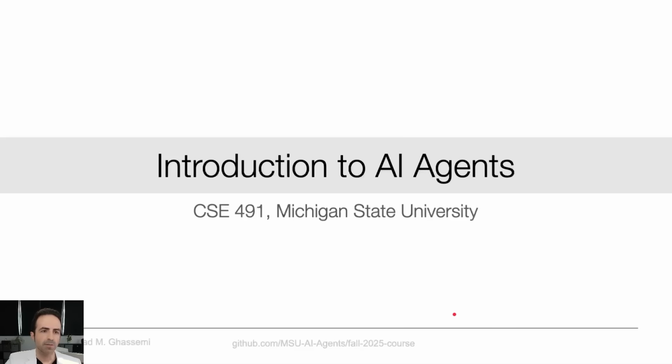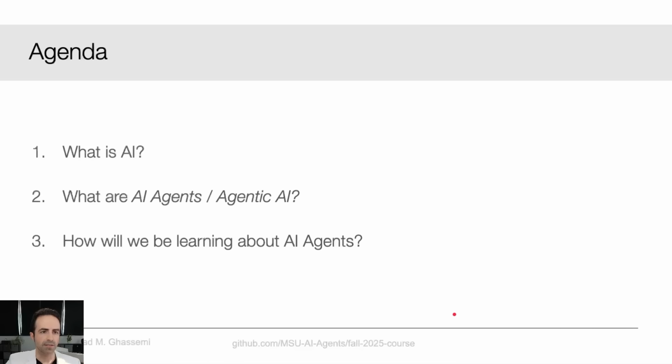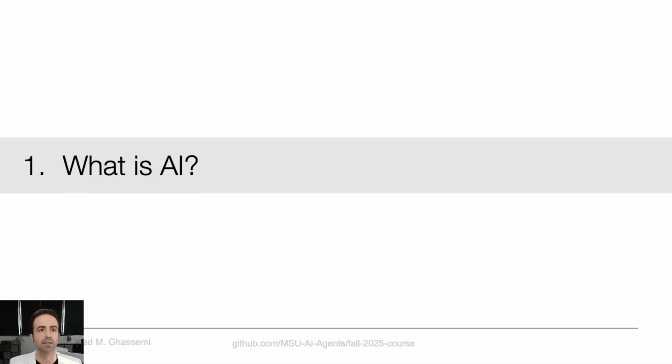Okay, everybody, let's jump straight into the first lecture of this semester on AI agents. We're going to be covering three topics today. The first is we want to define what AI is. That's going to be pretty important, right, if we want to do the second point in this lecture about what an AI agent is and how that's similar and different from agentic AI. Lastly, we're going to be covering the specific approach that we'll be using in this class to learn about AI agents and why we'll be using that approach.